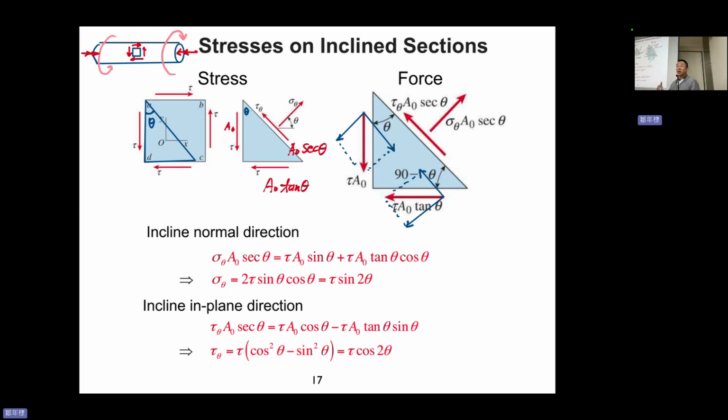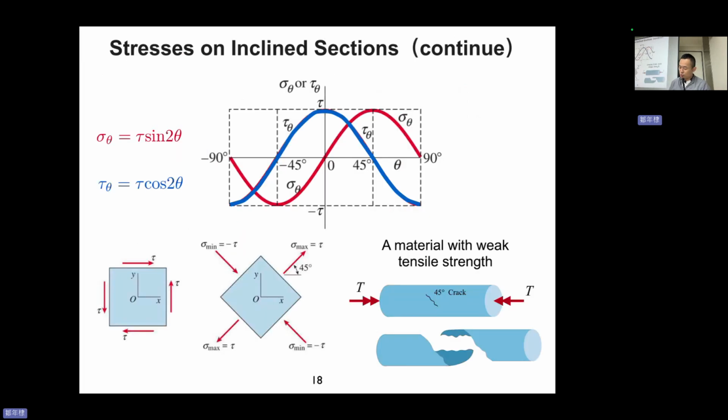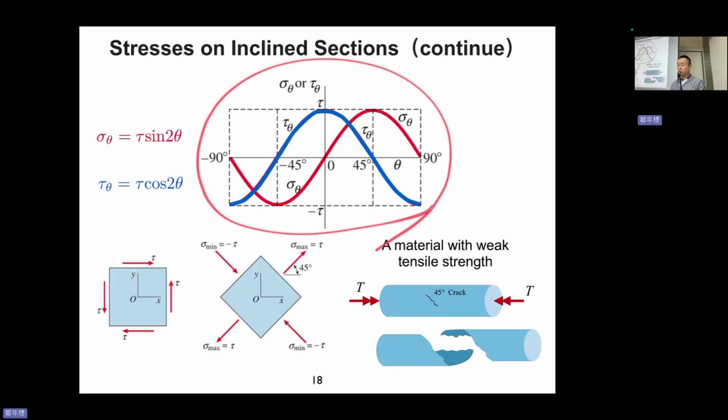And then you can expect what you will see on the next page, because you have tau sine 2 theta, tau cosine 2 theta. You have sine and cosine, which means that you have maxima or minima. Okay, the maxima and minima. On the next page, you will see a really similar